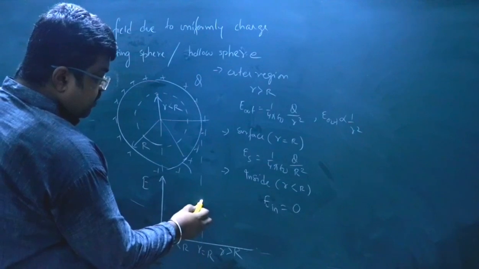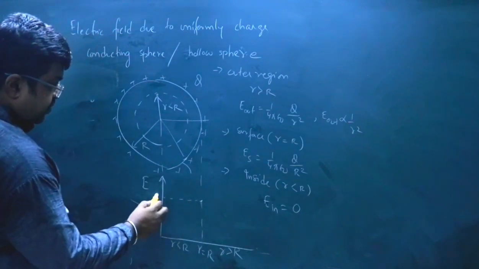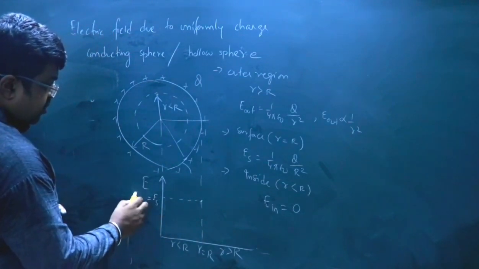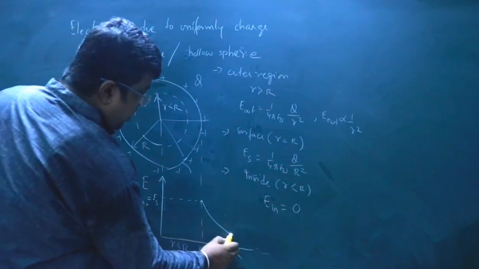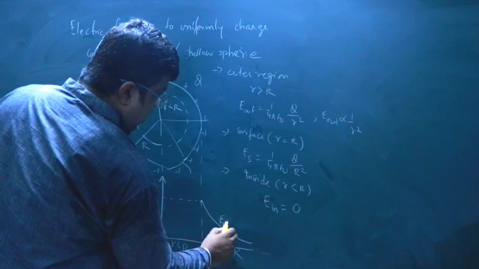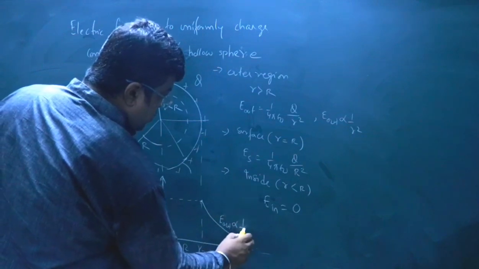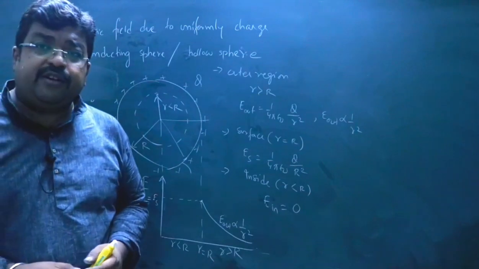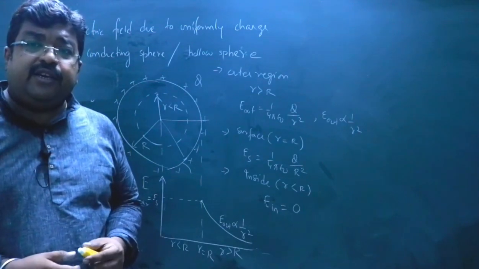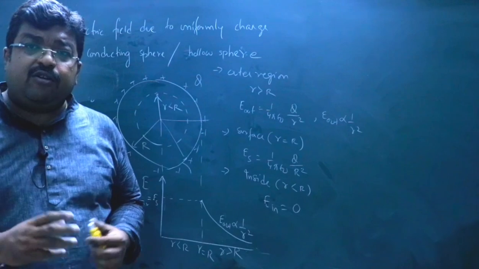On the surface, electric field intensity is maximum. So this is E surface equal to E max, and outside the electric field intensity gradually decreases. So here E out is inversely proportional to R square. Okay. So this is the behavior of electric field intensity if you have a uniformly charged conducting sphere or a